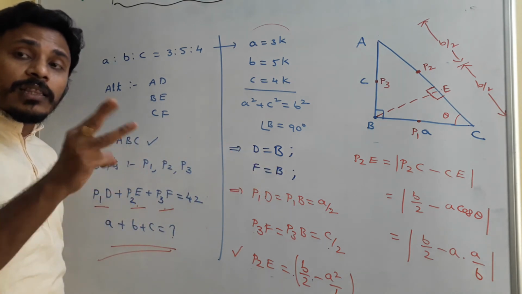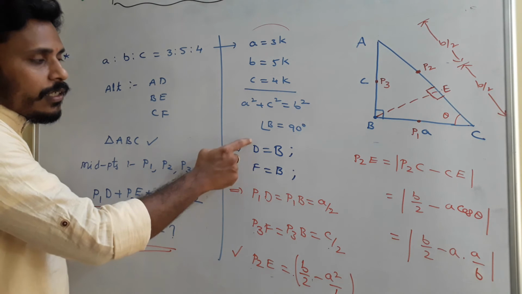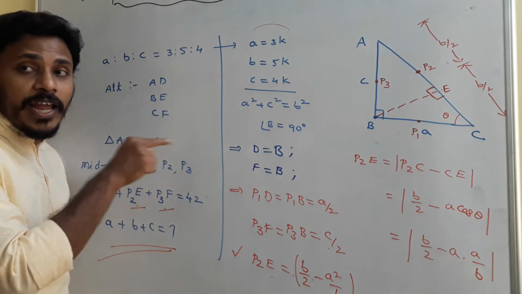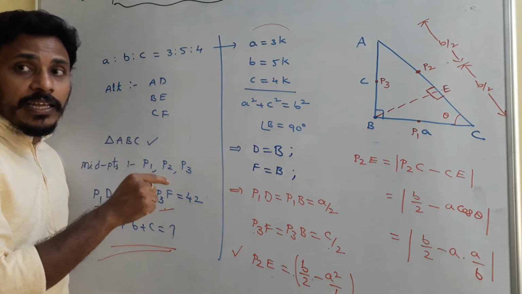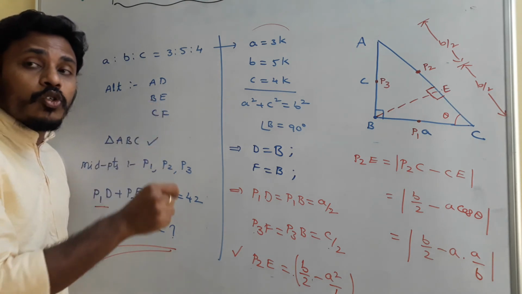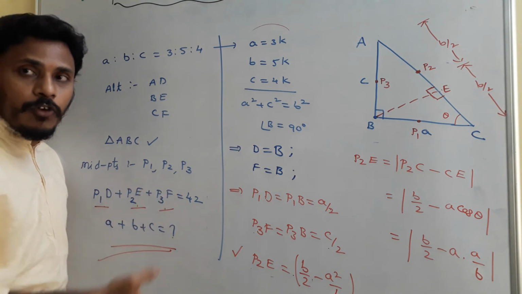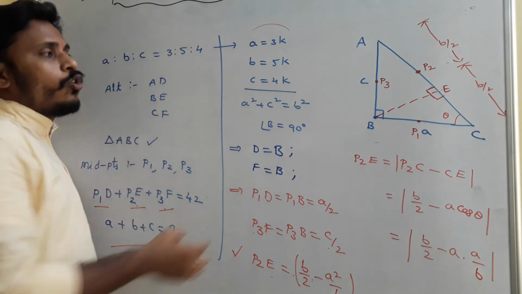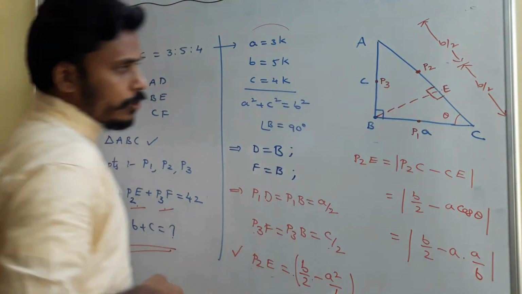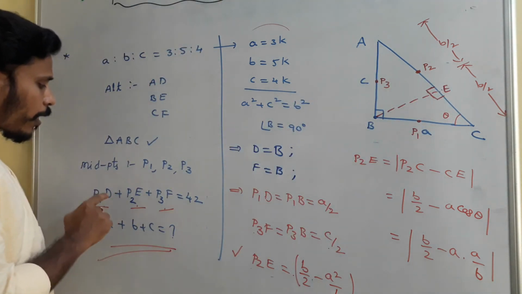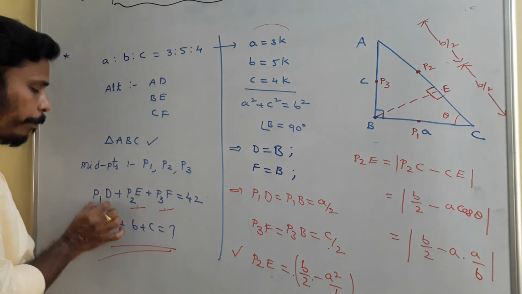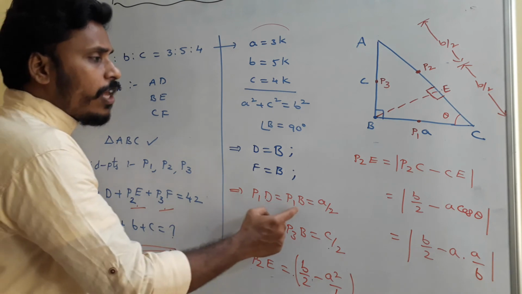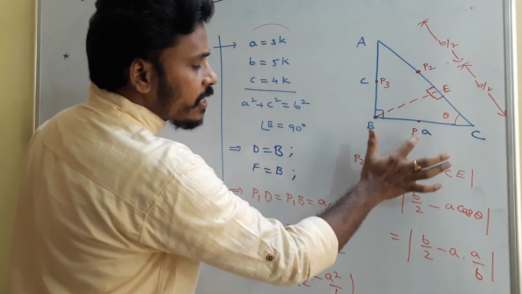And now we need to draw the third altitude. Actually, in regular triangles it won't happen, but it is a special right angle triangle. Since it is a right angle triangle, the altitudes are nothing but the sides itself, okay, and that's why it happens, okay. And next thing is BE is the altitude, so you just draw that BE as the altitude, okay. Now here P1, P2, P3 are the midpoints. P1D, I need P1D. D is what? B, right? So P1B. So this P1 is the midpoint.